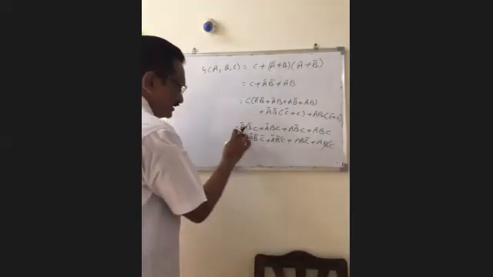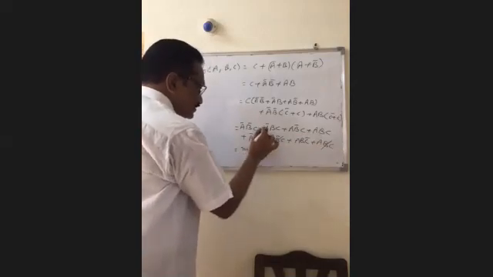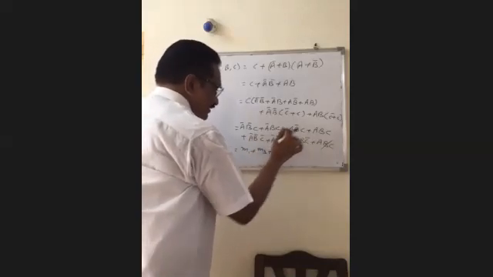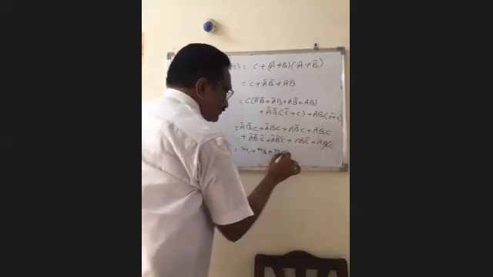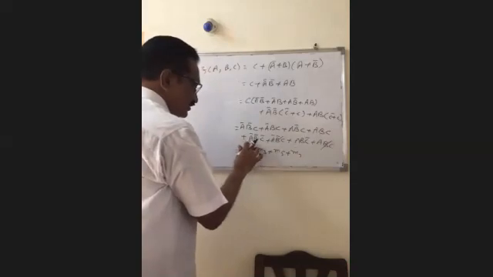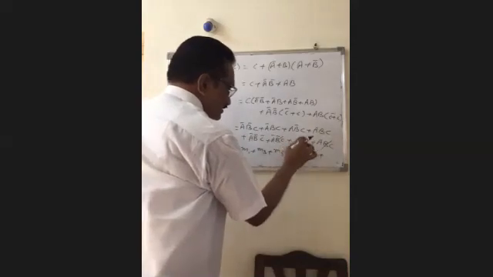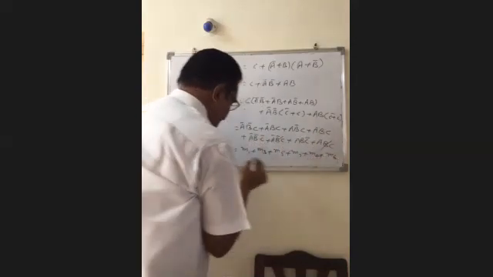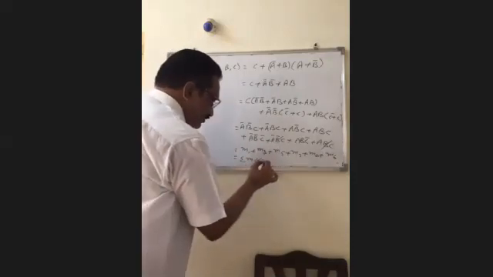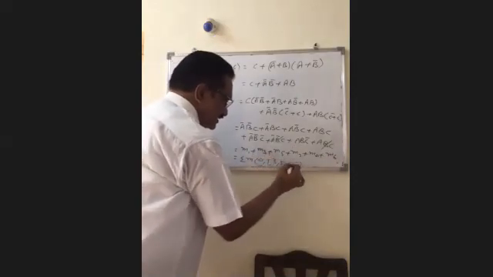Next, for this one, 0, 0, 1, so M1, min term 1. 0, 1, 1, min-term 3. 1, 0, 1, min-term 5. 1, 1, 1, min-term 7. 0, 0, 0, min-term 0. 1, 1, 0, min-term 6. So write this one as sigma small m of, in the ascending order, 0, 1, 3, 5, 6, 7.